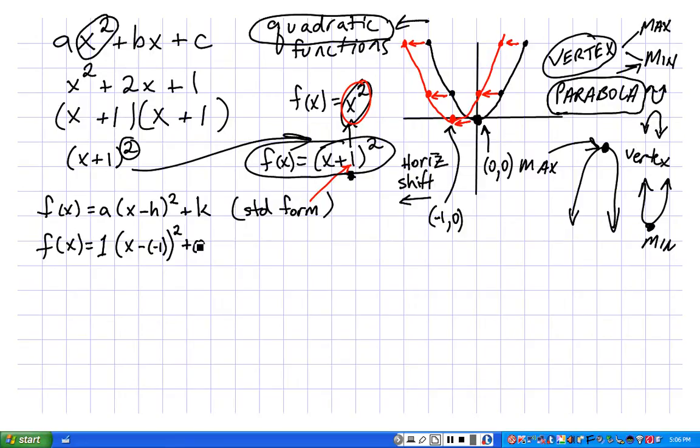Okay, that's what it would look like, and then simplify it. If we simplified it,